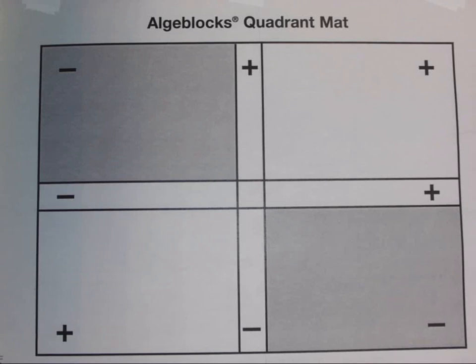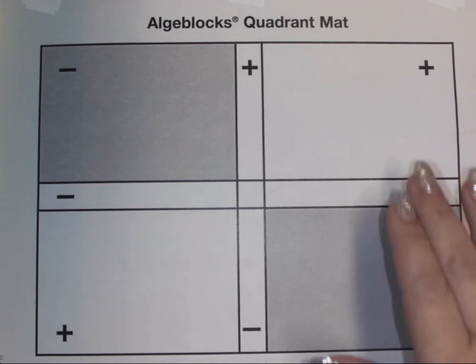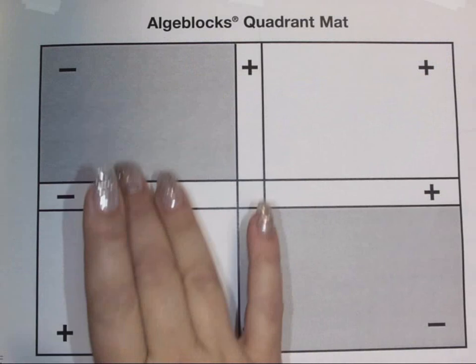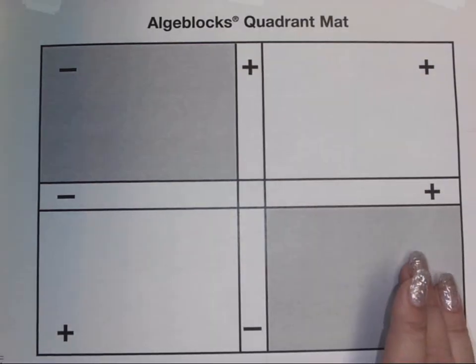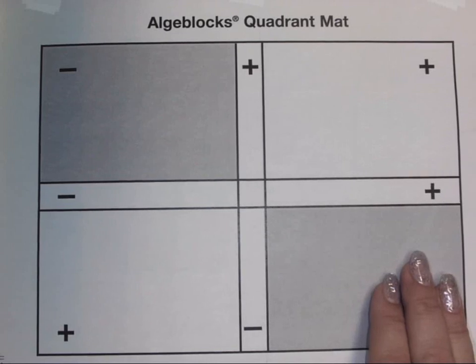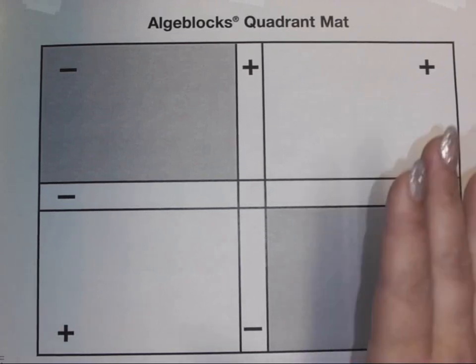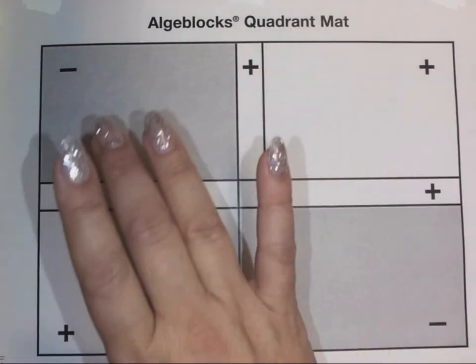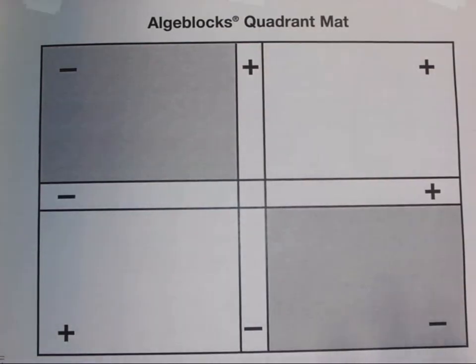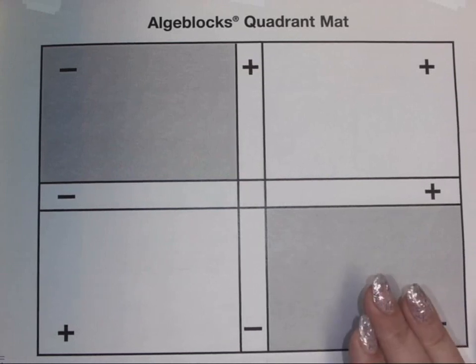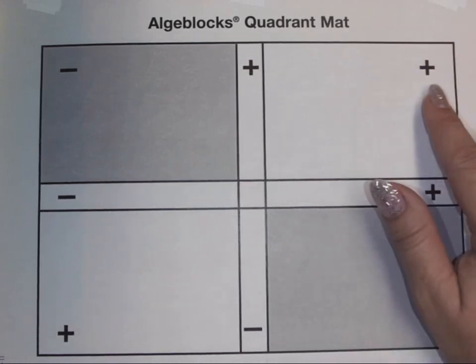Okay, if I was graphing something and I had four quadrants, it would be first quadrant, second quadrant, third quadrant, fourth quadrant, right? If we were doing a regular old algebra thing, graphing an equation, right? Okay, so we're going to talk about first quadrant, second quadrant, third quadrant, fourth quadrant as if we were in an algebra class, but it's going to be a little bit different because, see, whenever I look here,